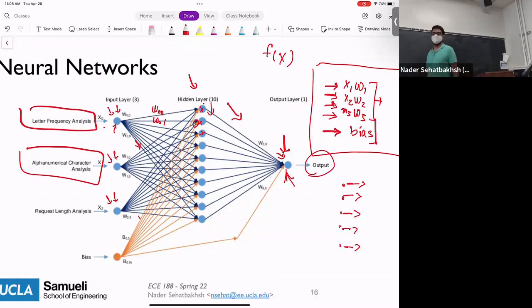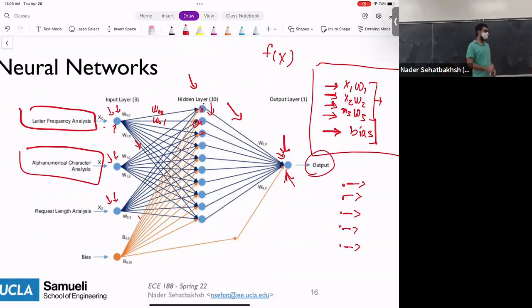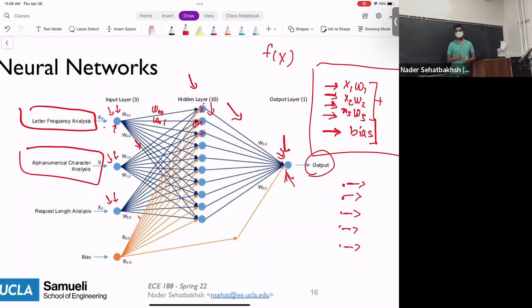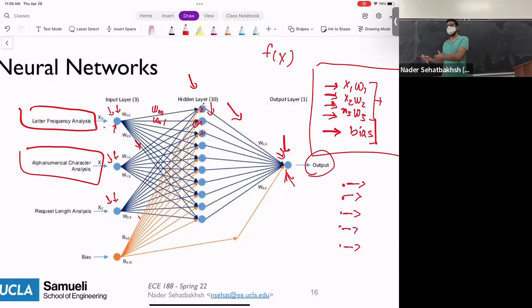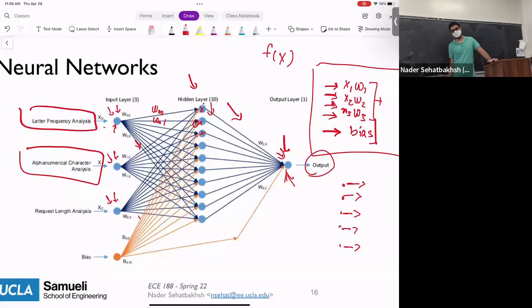How does the hidden layer help us? So generally, layer by layer, as people have shown, is useful for extracting different representations in the data. For example, people have shown that if you have an image classification problem, probably the first few layers are good for detecting edges or corners or some sort of shapes. The next few layers are good for detecting more complex shapes or characteristics and so on.